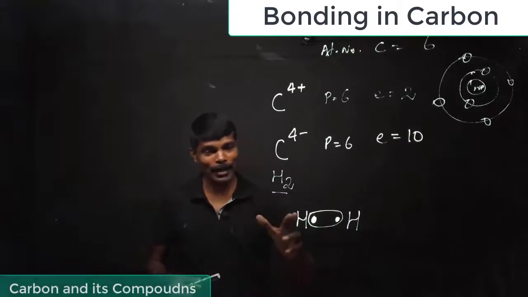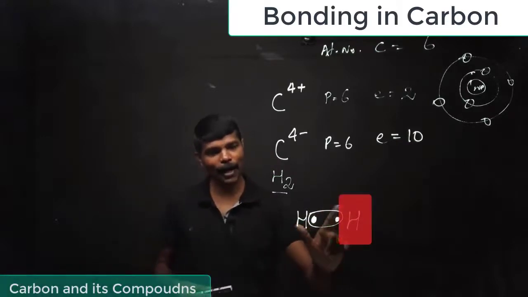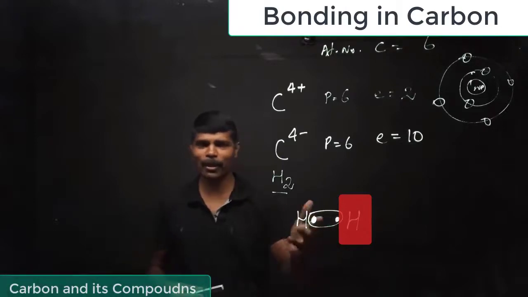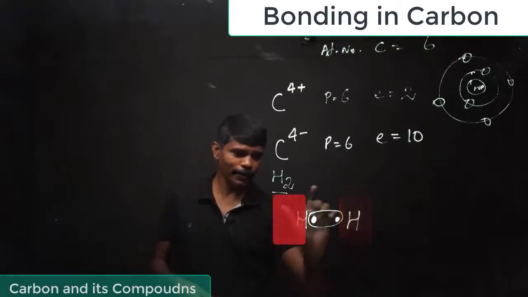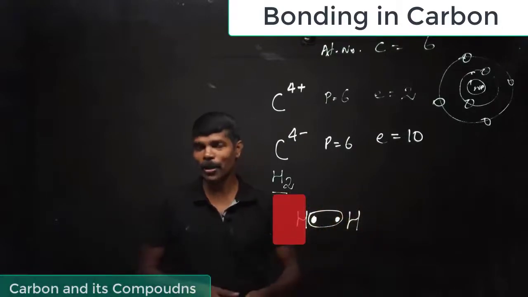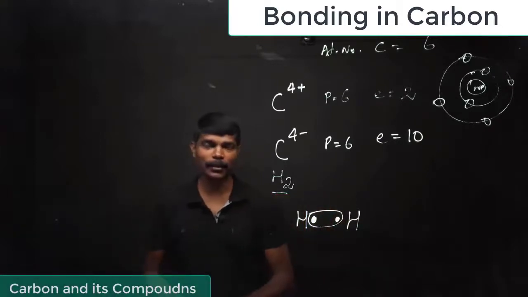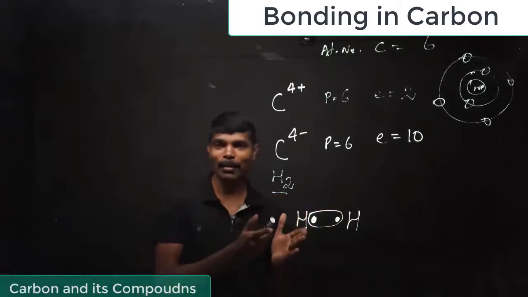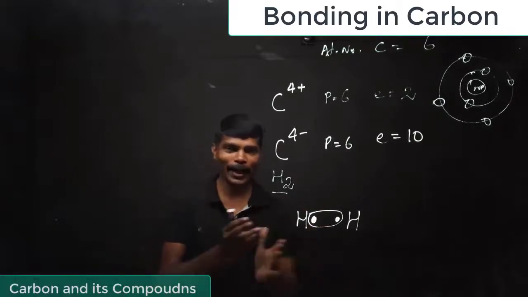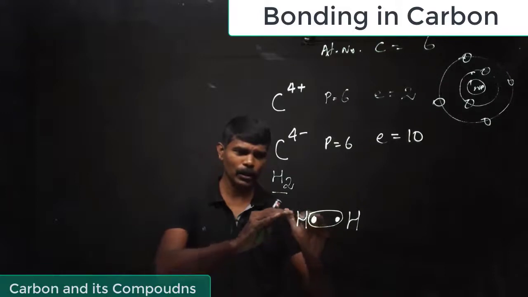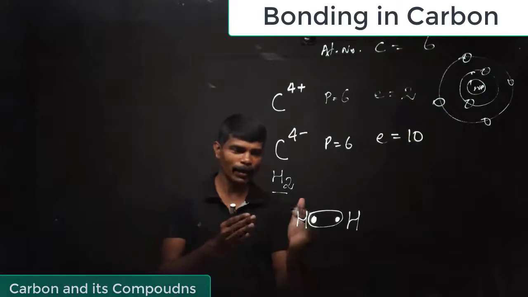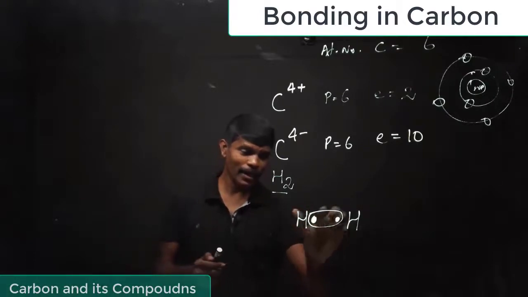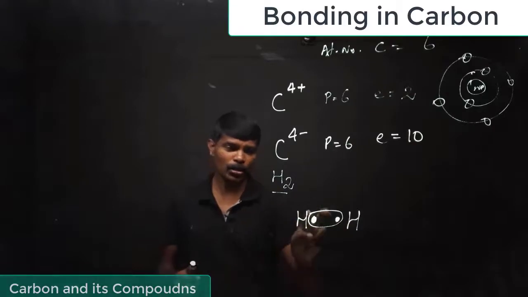Now you see, for this hydrogen, if I hide the other hydrogen, what happens? It has 2 electrons. So this hydrogen has a stable configuration. On the other hand, if you hide this hydrogen, the other hydrogen atom has 2 electrons. So in this way, both the hydrogen atoms are stable, and they became stable because they shared electrons. During this process, for each sharing, 1 electron is compensated. So here one sharing is done. Within a share you can find 2 electrons, and these 2 electrons are common to both the hydrogen atoms, and